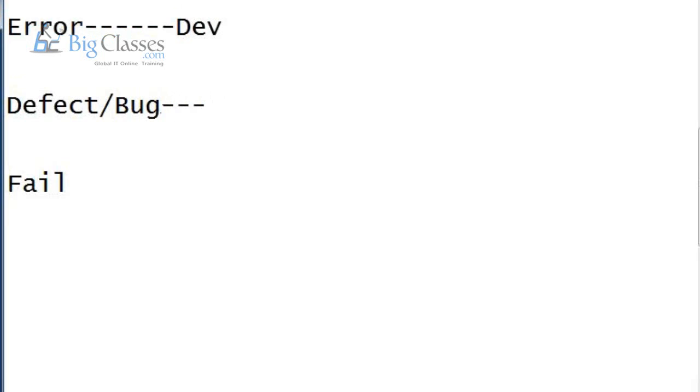What is our job? We have to compare the expected value with the actual value, to check whether the application was developed as per customer requirement or not. If the expected value is not equal to the actual value, it's called a defect or bug. Once again, guys, what is a defect and bug? During test execution, if any expected value is not equal to the actual value, it's called a defect, a bug. So this terminology is used by testing engineers.